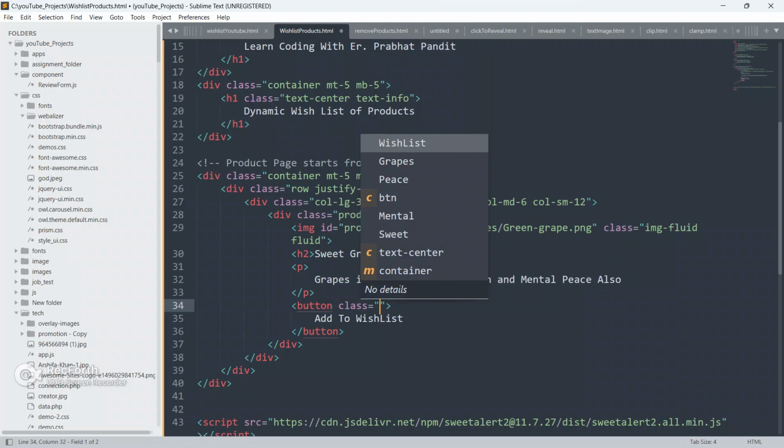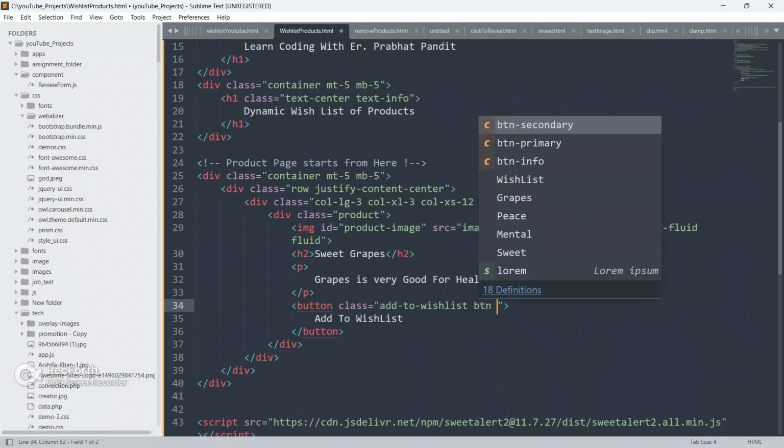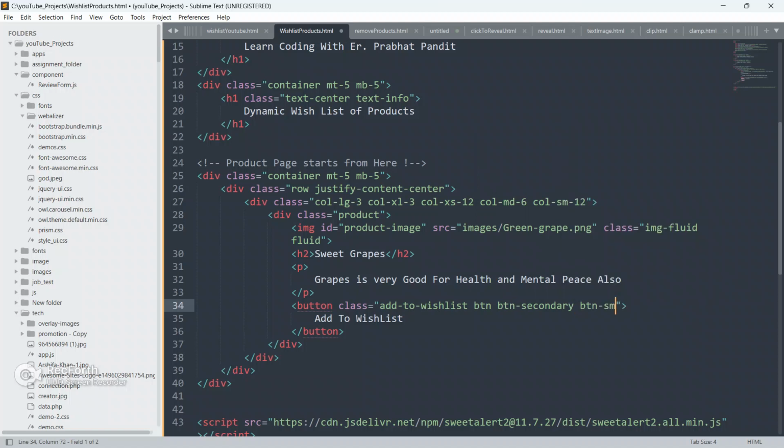And I'm gonna give the class also as add-to-wishlist, and also btn btn-secondary, also btn-sm, and yeah, that's it.